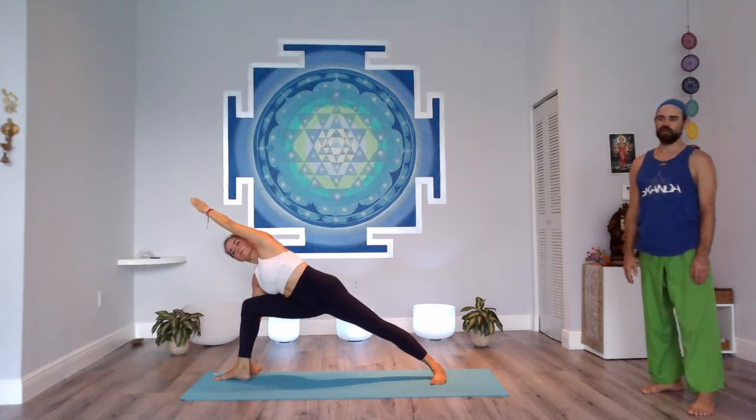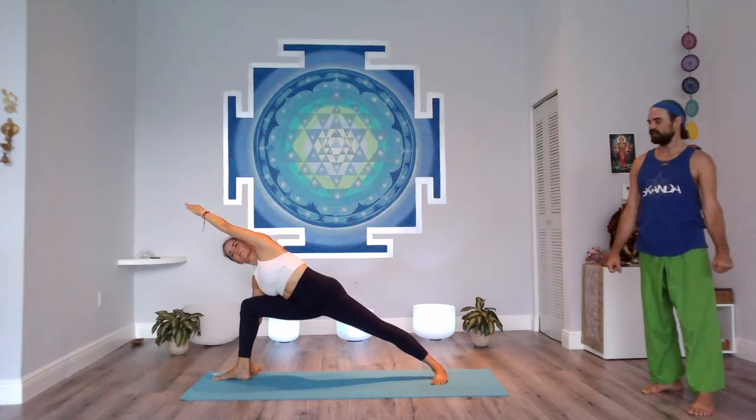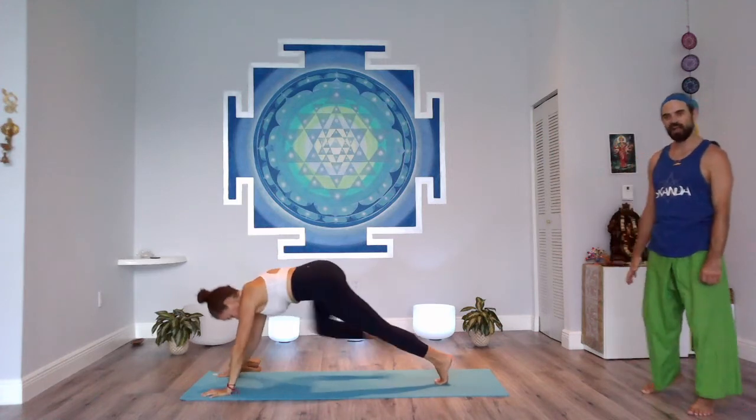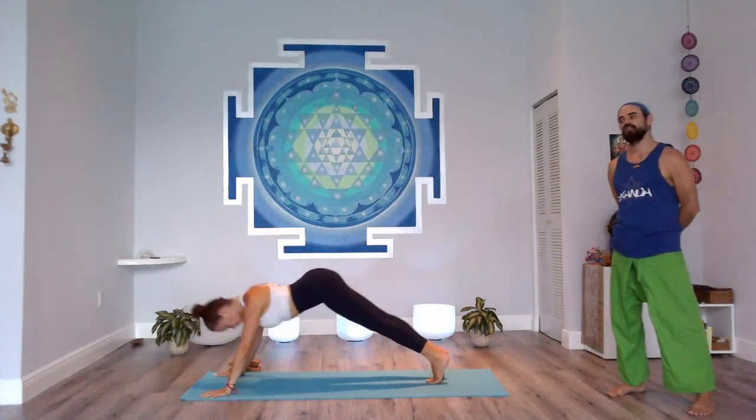In yoga, we create union by balancing patterns of energy of engagement with inhale pattern, exhale pattern, contracting and expanding. Exhale, release, step back, plank, take a vinyasa. We also create a state of unity by merging ascending patterns with descending patterns, masculine and feminine energies, balancing right